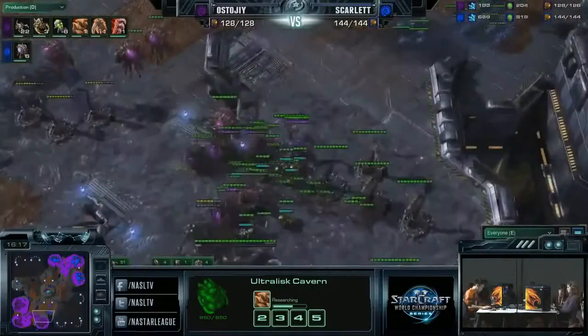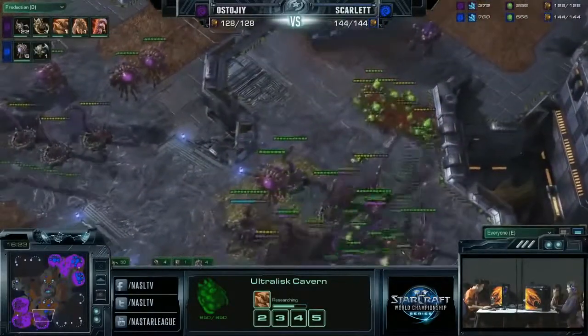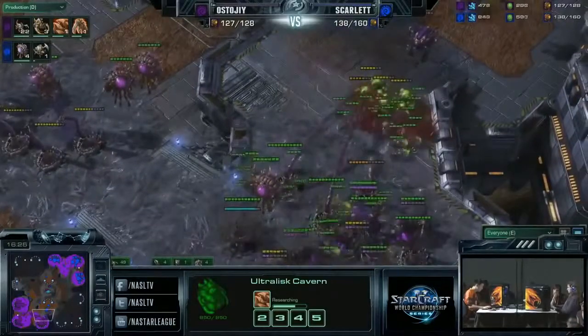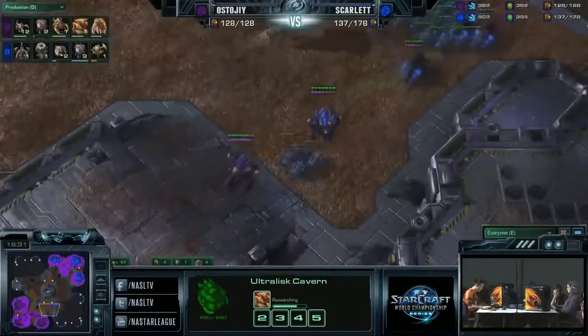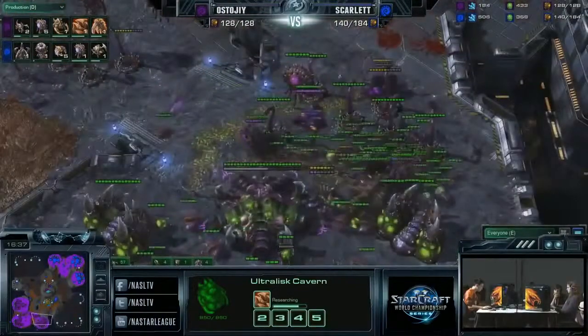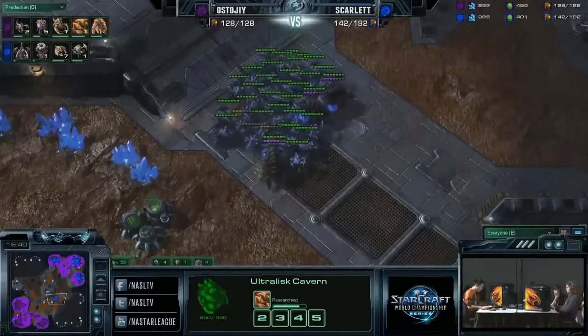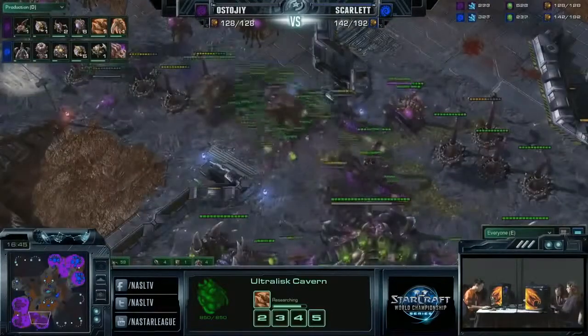Yeah, you can see that the big thing is that Ultras are kind of like Colossus in PvZ. It takes up a huge amount of supply, does a lot of damage. You can see fungals on these roaches to make sure to push back Ostojiy. But it's almost similar to a PvZ, in the sense that Scarlett's supply is maybe not as big, but it's capable of wiping out all the Ostojiys if it gets the right flank, the position, the fungals, the